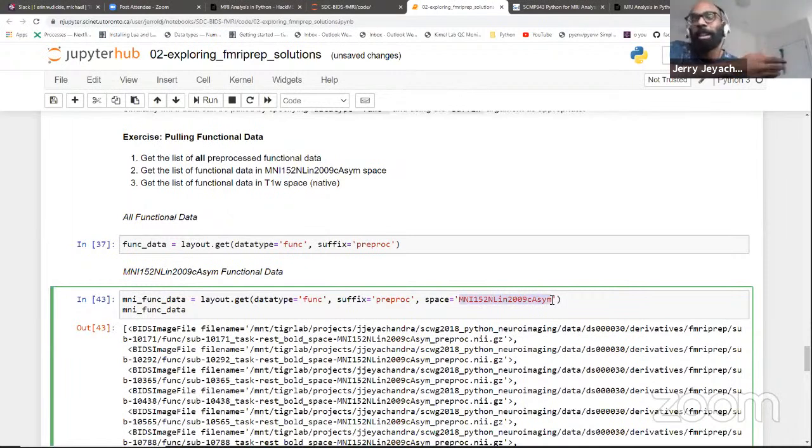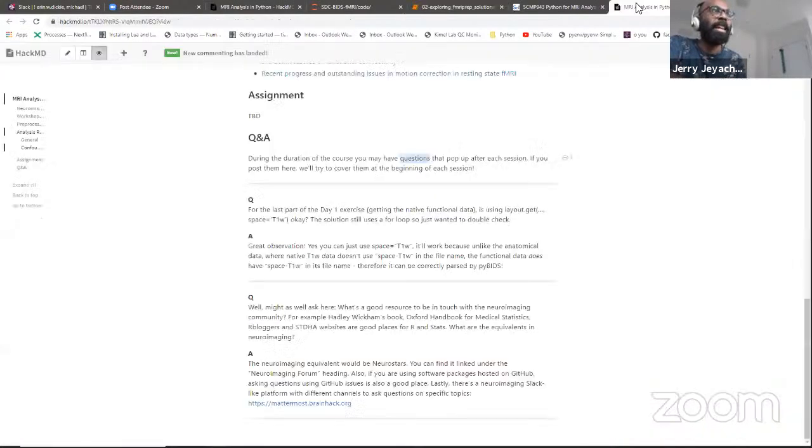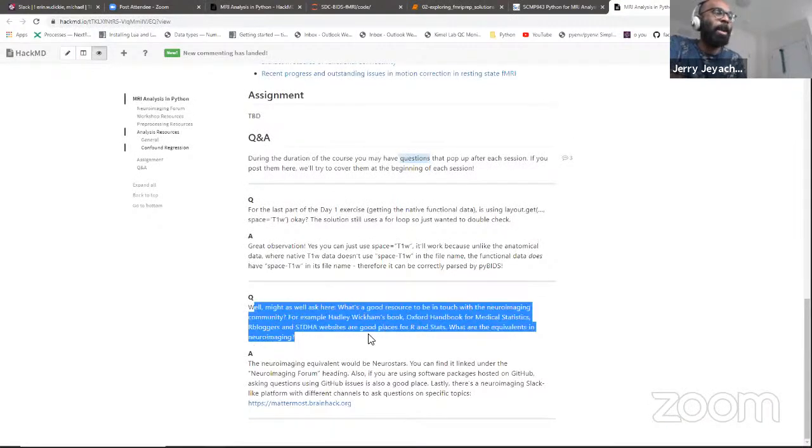For the T1 files, for this version of fMRIPrep, that doesn't exist. So if I were to replace this with T1w, and I didn't run everything before this, so I can't run it now, this will work. And this is just another way that you can get just the T1 space files. So that is actually a valid solution. Honestly, that's probably the preferred solution. And for newer fMRIPrep versions, this is probably the method that you're going to want to use consistently anyway. All right, so the second question that we got was asking